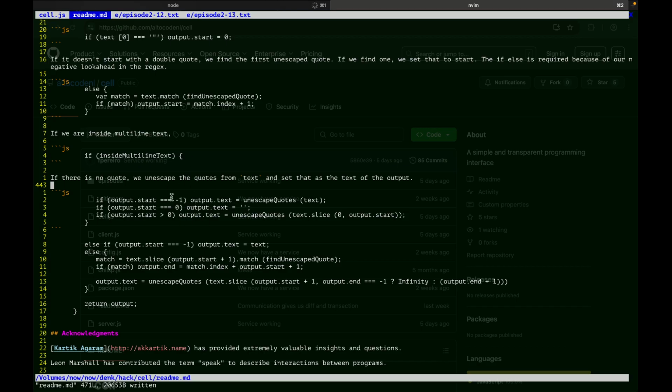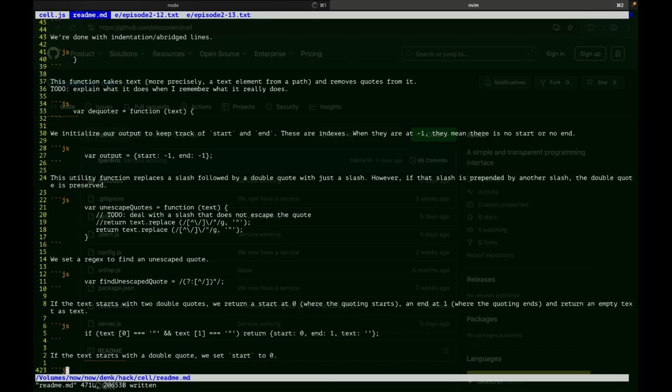especially the tricky parts, like this function, which essentially takes text and converts it into a more manageable internal representation of data, which is paths. So that's why I'm doing this. So I'm going to continue where I left off. I was going through this function called unescape quotes,